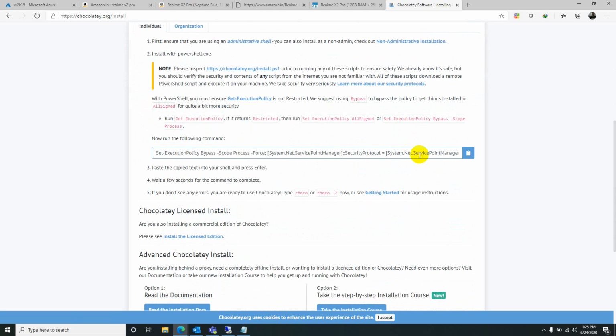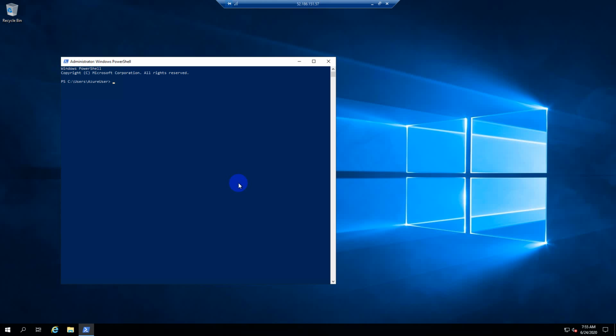Just open PowerShell and run this command. For demonstration I am using Server 2019. I have opened PowerShell in run as admin mode and copied that command. I pasted it there. Just click run.